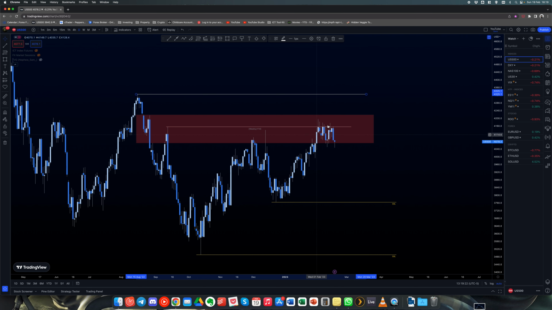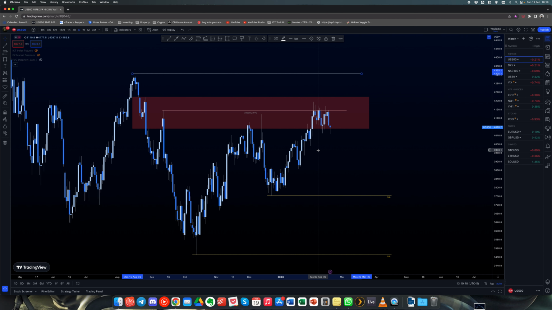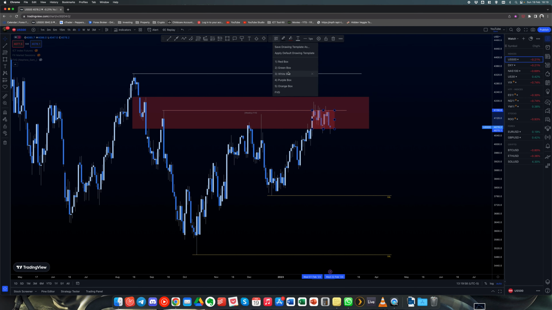The fact that we are consolidating here could give us an indication that we're building orders on both sides of the market. And the side that has the most to lose is often the one which will lose. So the side that has the most liquidity built up, or the most liquidity nested or pooled on that side of the market, would often be that. But for now, we just need to see this as a trading range. So we can just take it like that. I just put a little white rectangle box around that.